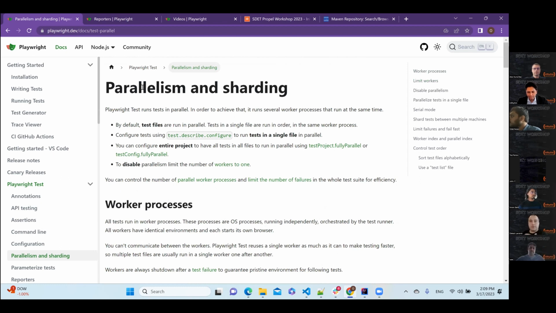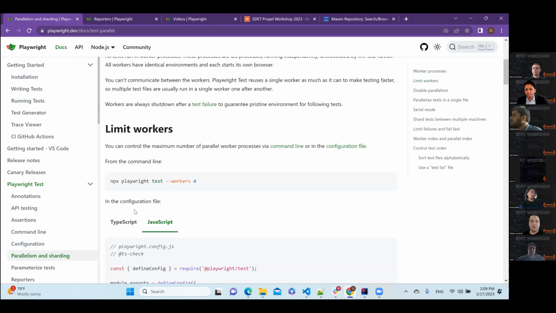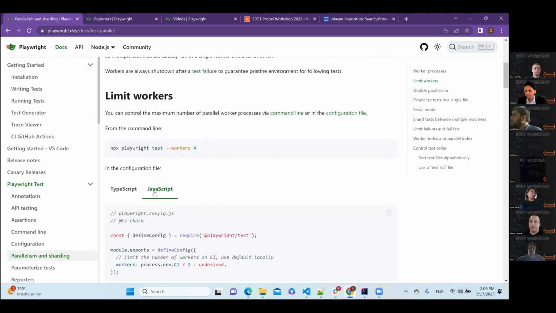And a big disadvantage of Playwright is that if you select languages like Python, Java, or .NET, 50% of the functionality does not exist for those languages. The best choice is to select TypeScript or JS for automation testing.